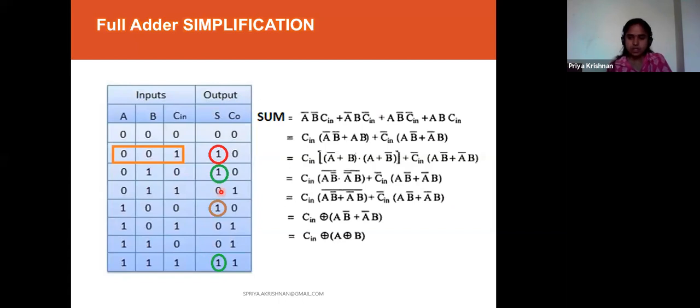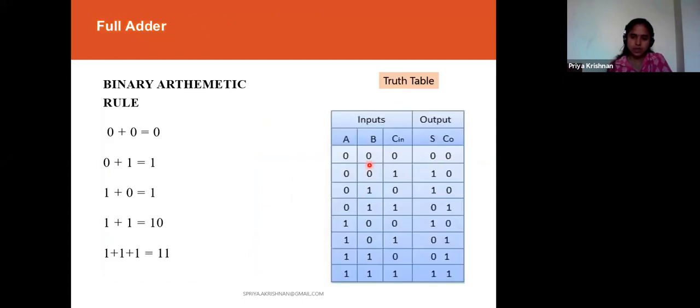So one question is to repeat the truth table. The truth table is very easy. Like the previous one for the half adder, where we added 2 data, 0 plus 0, but here I have one more input, that is the Cin input. So I want to add 0 plus 0 plus 0. If I add 3 zeros, whatever it is, it is 0 only. So the sum is also 0, and the carry is also 0 here.